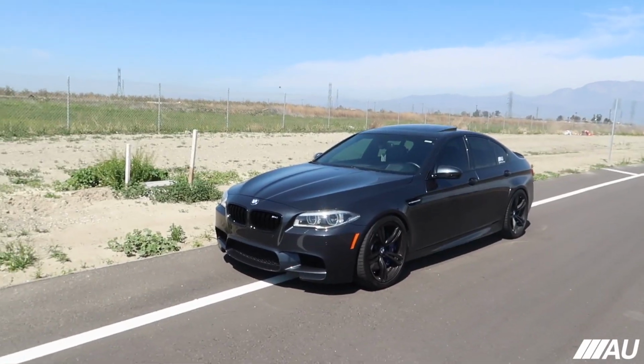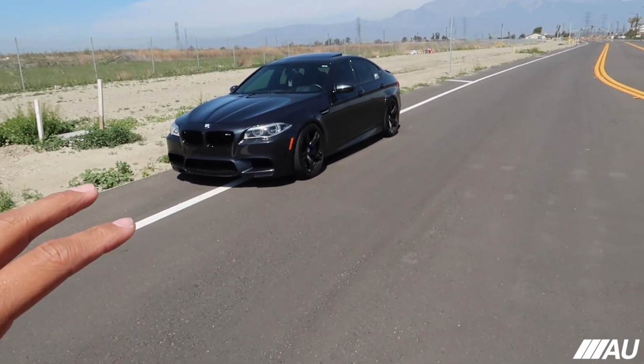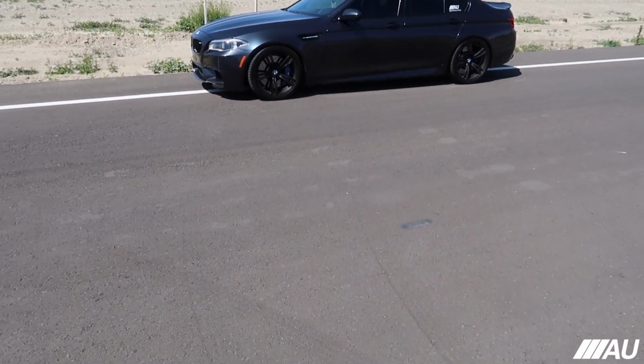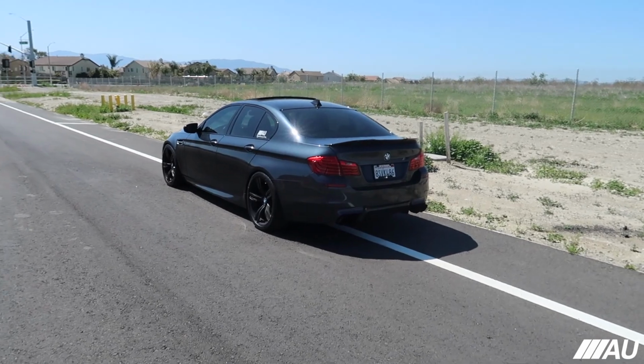But yeah, this is my 6th month, kind of 7th month ownership update. Thankfully, I've had no problems at all. Unfortunately, I already got 10,000 miles in the car. But yeah, honestly, just no complaints from this side. I just love this car so much. Literally, I'm pretty sure people get tired of me saying that, but